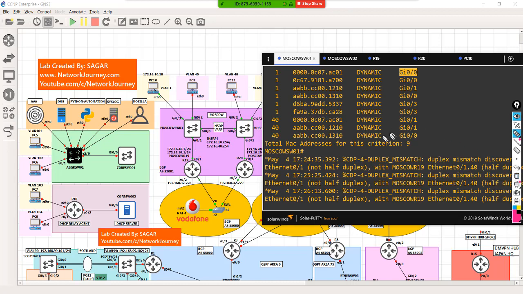As in VTP, we have seen when I have VTP 2 and VTP 3, the switch with VTP 3 will send both advertisements. So in the case of VTP, virtual trunking protocol, if I have version 3 enabled here, a second switch configured with VTP version 2, and another switch with VTP version 3, this switch is going to advertise VTP version 3 packets for the other VTP 3 switch.